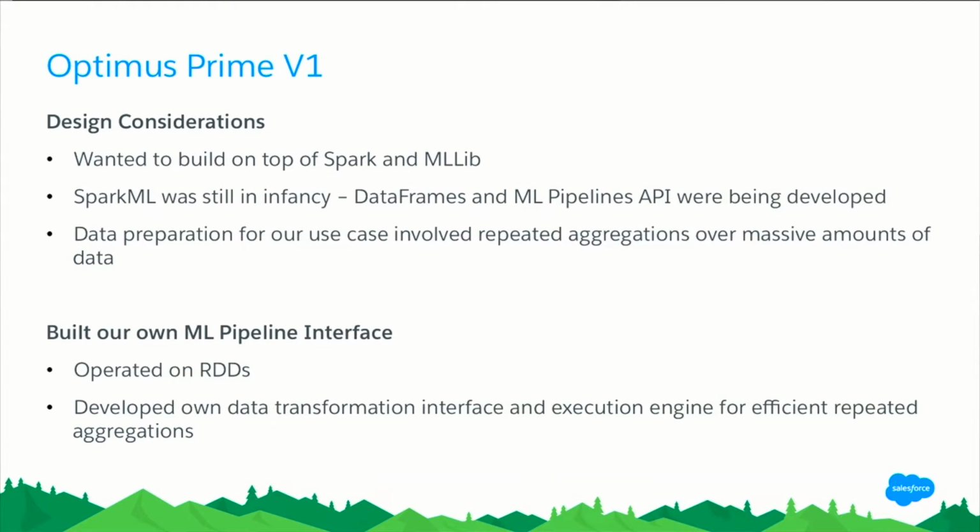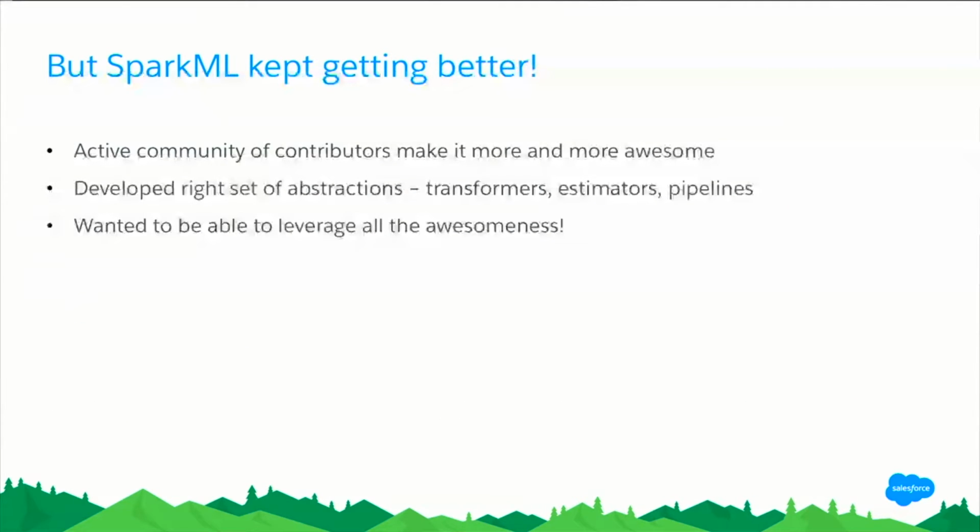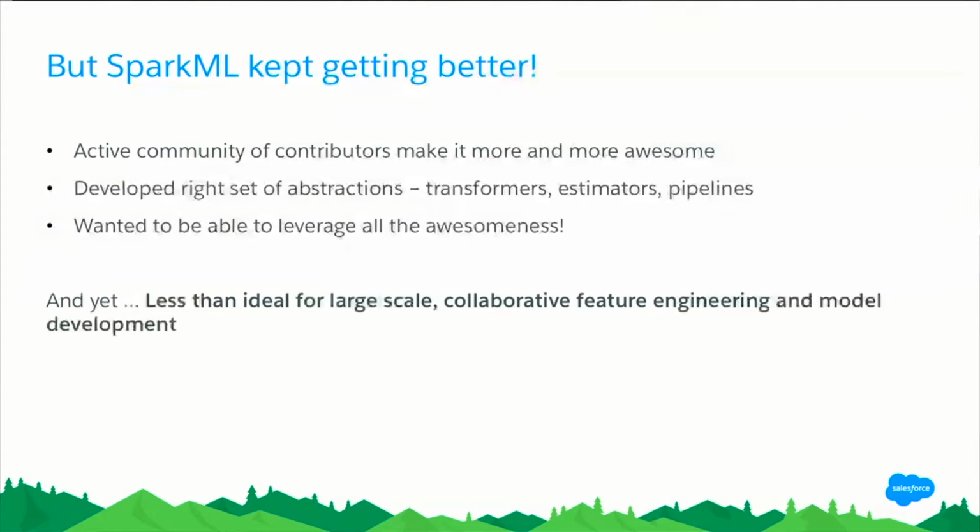Now, what happened in the meantime was that SparkML just kept getting better and better because there was an active community of contributors that was making it more and more awesome. And when we looked at their APIs, we felt that they really had the right set of abstractions. Everything was either a transformer, an estimator, or a pipeline. And we wanted to be able to leverage all of this awesomeness. But at the same time, we felt that it was still less than ideal for our use case, which was large-scale collaborative feature engineering and model development. And in particular, in the Salesforce use case,